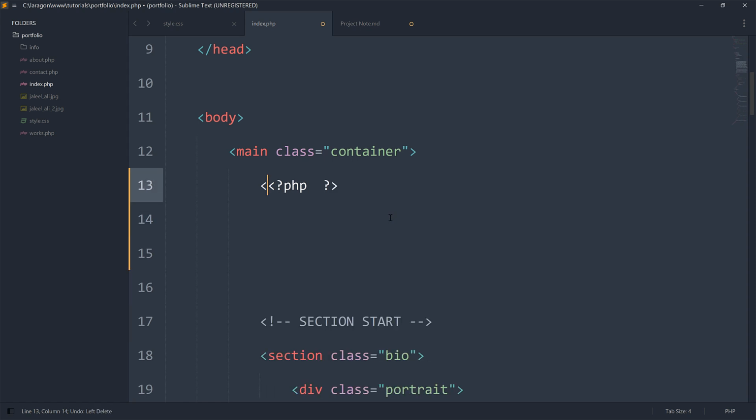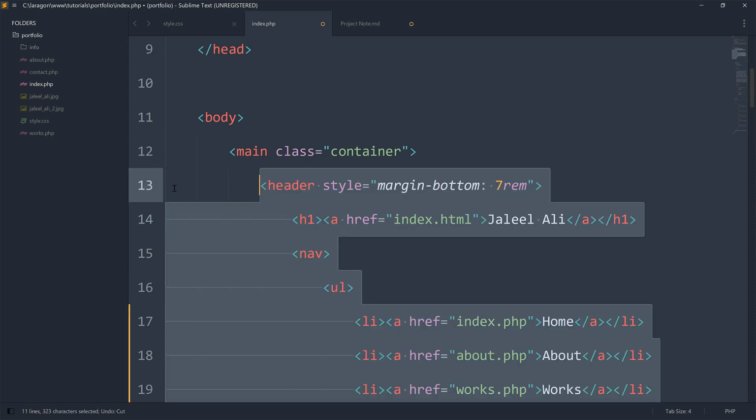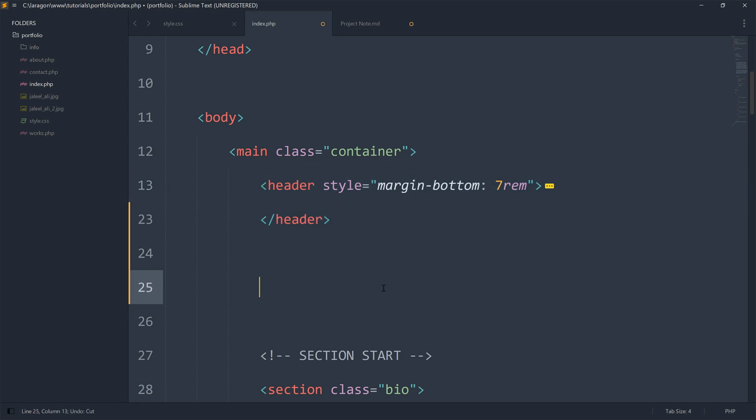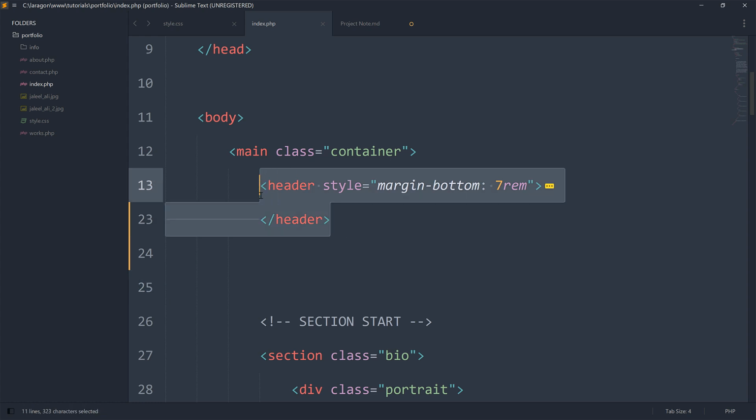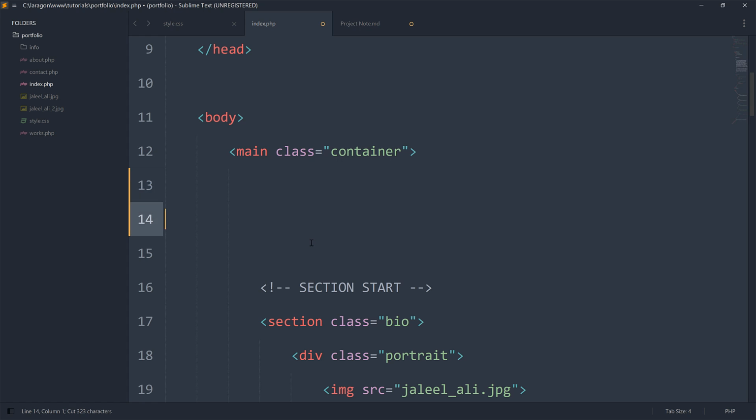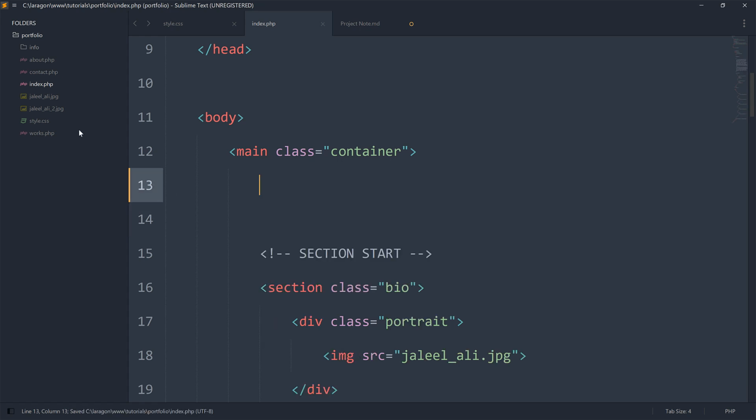PHP has one feature which is very interesting. We could separate files and then combine them. We can break a file into small portions and then combine them, making it easy to maintain these small portions individually, and then the whole thing comes together to work as a whole. So what we want to do is take off this header, since it is repeating all over the place,